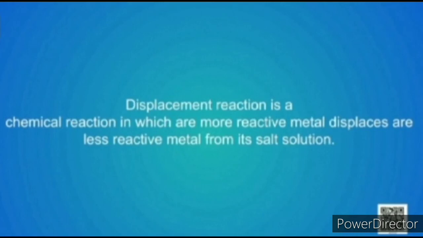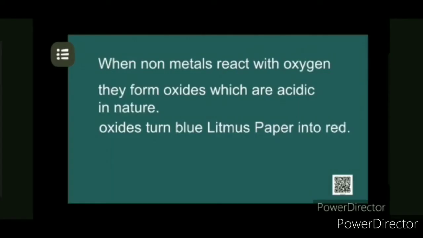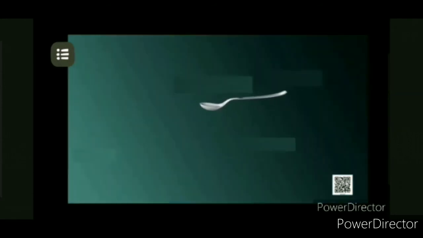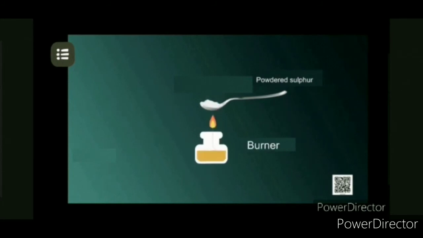Now let us discuss how non-metals react with oxygen. When non-metals react with oxygen, they form oxides which are acidic in nature. These oxides turn blue litmus paper red. Let us understand this with the help of an activity. Take a small amount of powdered sulphur in a deflagrating spoon. Heat it on a flame. As soon as the sulphur starts burning,